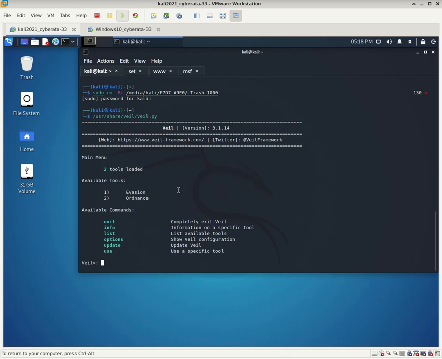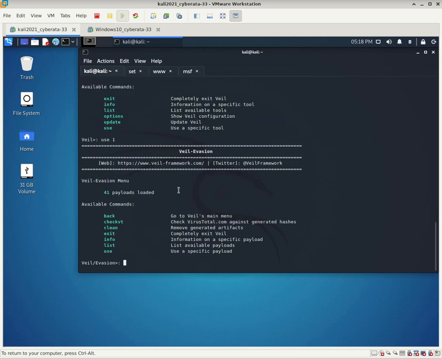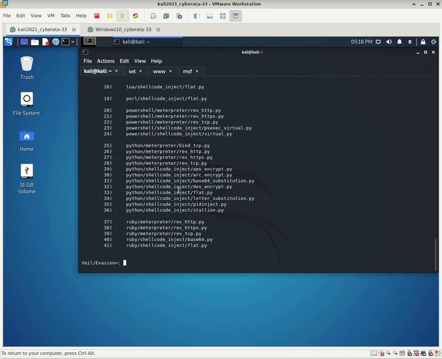Okay, and we will use the tool Veil-Evasion. There are many modules. We will go with this 28 and also this 39. Okay, so use 28